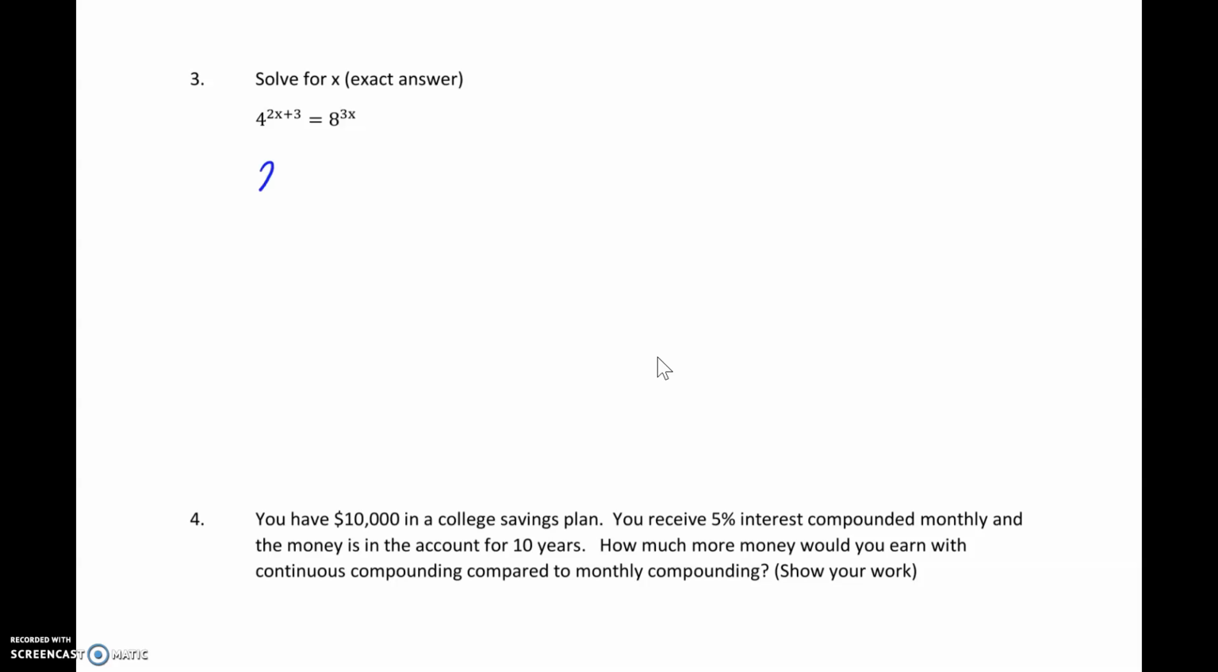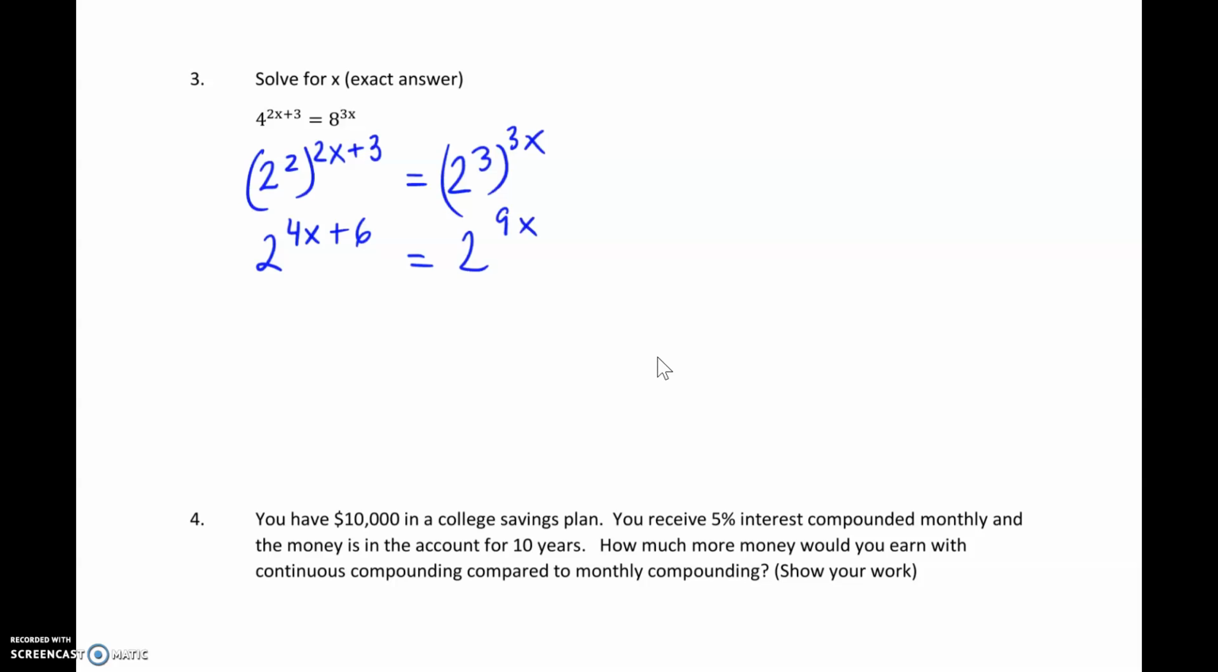So 4 is 2 to the second power, and that to the 2x plus 3. And 8 is 2 to the third power, and then we take that to the 3x power. So over here, to rewrite this, we actually have to distribute the 2 over the rest of our power over here, because the power of a power actually gets multiplied. So 2 times 2x is 4x, 2 times 3 is 6, and on the other side we have 3 times